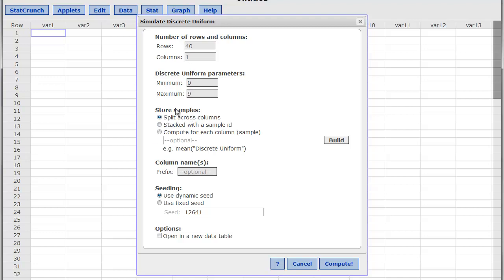Good way to do it. It turns out that most of this stuff isn't going to make a difference. We could compute for each column the least frequent value, but again, then we start getting into these formulas and Excel and stuff, and I really want to keep this straightforward. What do I want to call this column name? I want to call this winning, for the winning numbers. Okay? Seeding this, we're going to use a dynamic seed. It's randomly going to generate the number that it randomly starts from, which is kind of interesting. But yeah, we're going to use a dynamic seed here. That makes a lot of sense. You can use a fixed seed, but for each simulation, you probably want to change that fixed seed to some other value. And so I'm going to go ahead and use that dynamic seed,